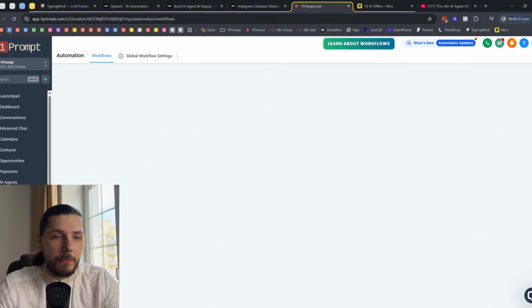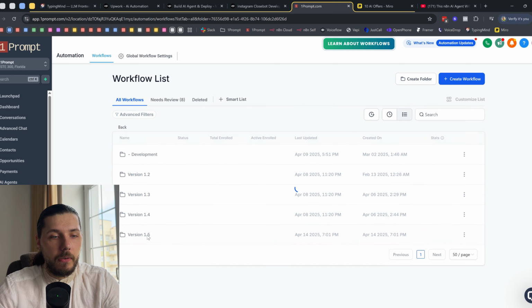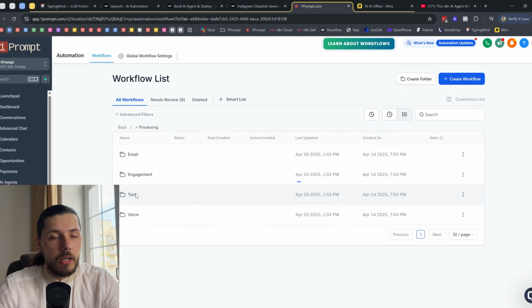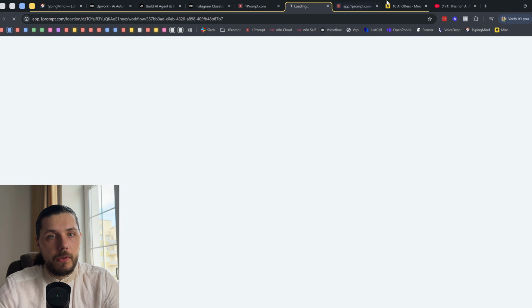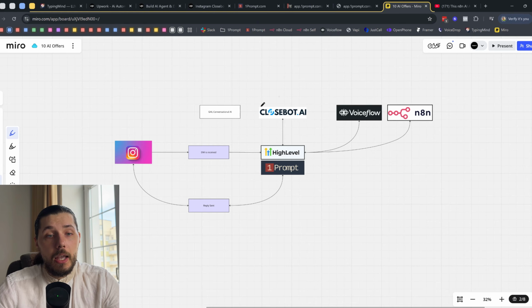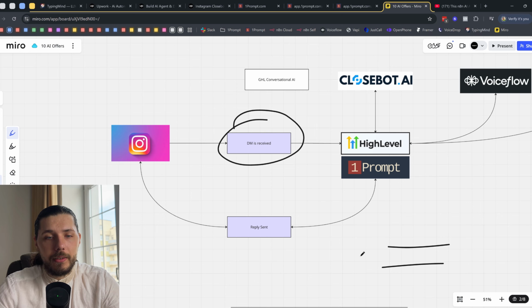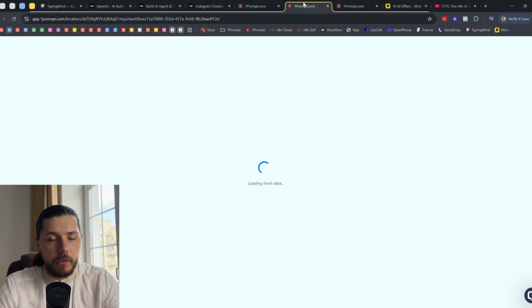I mean, the easiest way would be for you to get the one-part license, but okay, if you're building it yourself, let me go to the sales system, processing, text, let's say N8N, and then we have two main workflows. Let me go through them. We need the workflow that is going to receive the DM and then group, so how we're going to process these multiple replies. Let's wait for this to load.